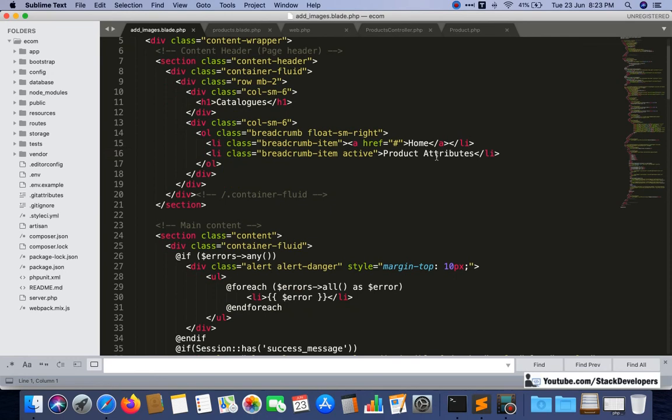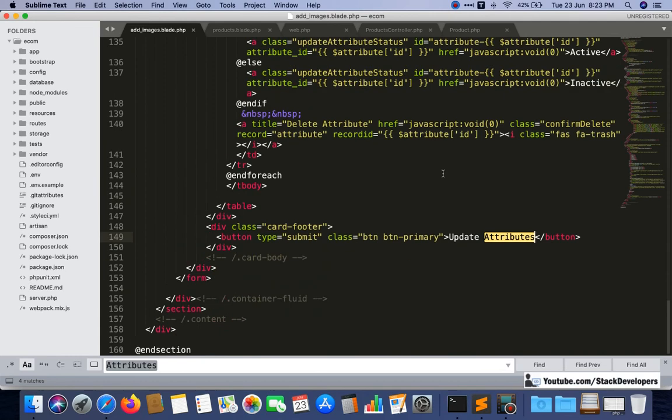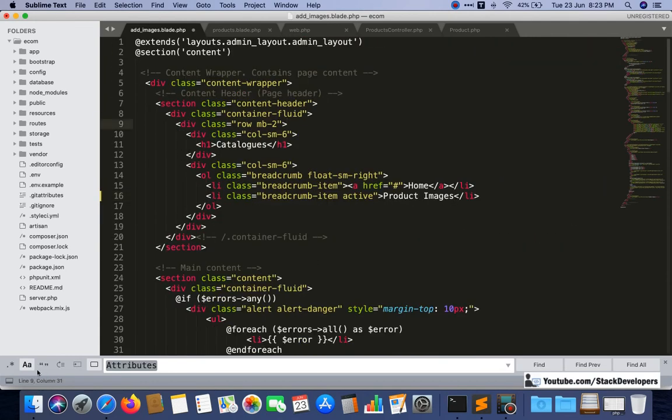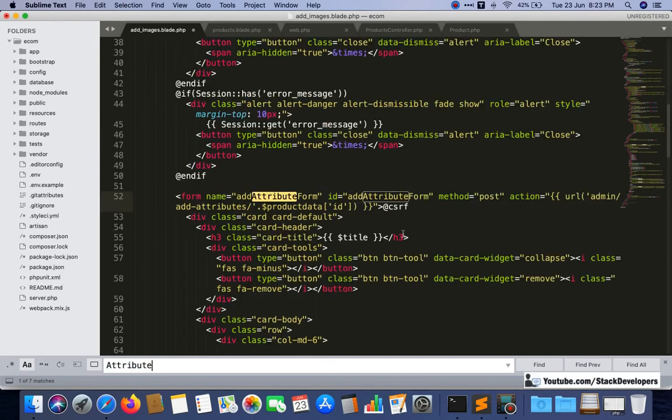Everywhere where we have attributes, we can simply make them images.